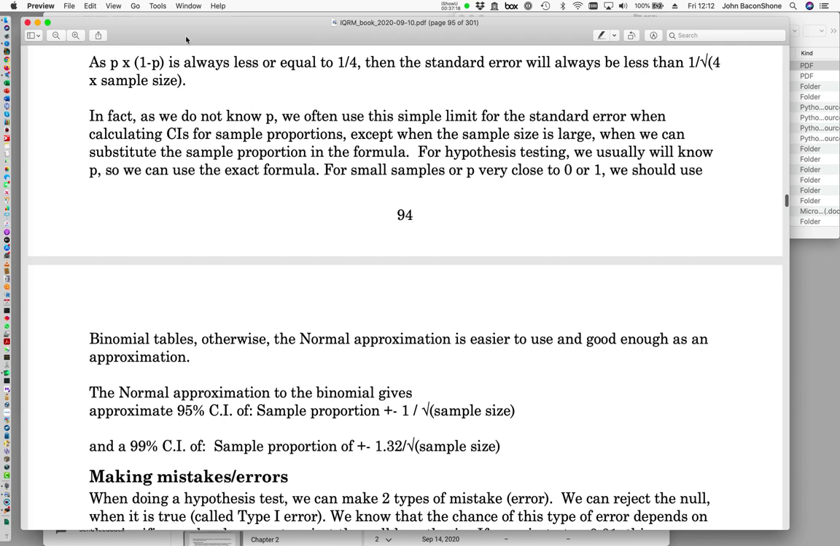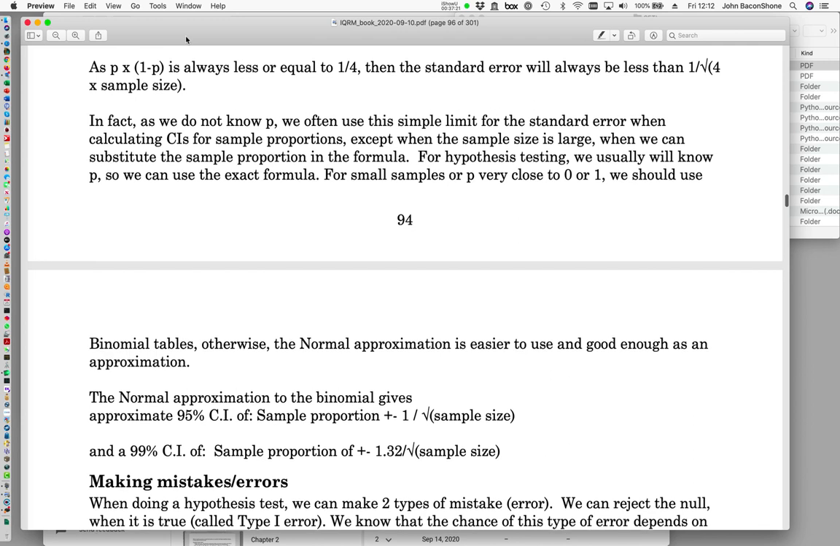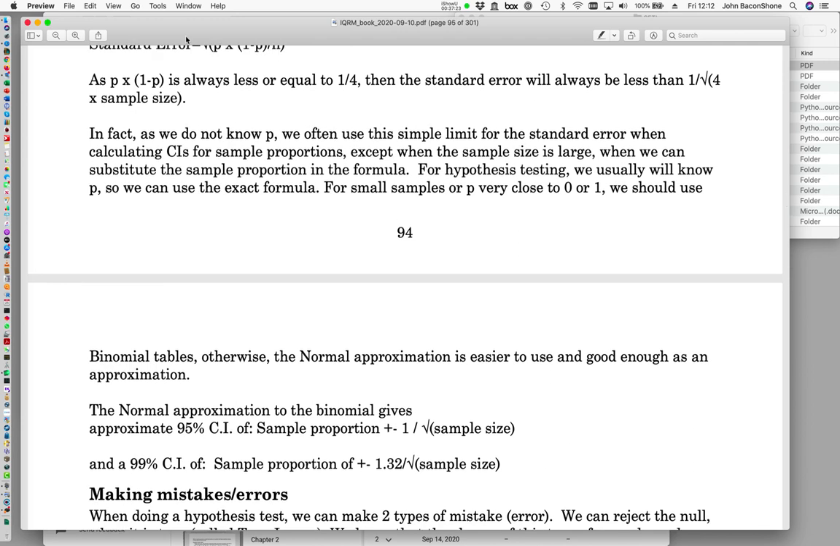So the normal approximation to the binomial gives us that the approximate 95% confidence interval will be the sample proportion plus or minus 1 over the square root of the sample size. And the 99% confidence interval will be the sample proportion plus or minus 1.32 divided by the square root of the sample size. So that means we can do an approximate 95% confidence interval often in our head when